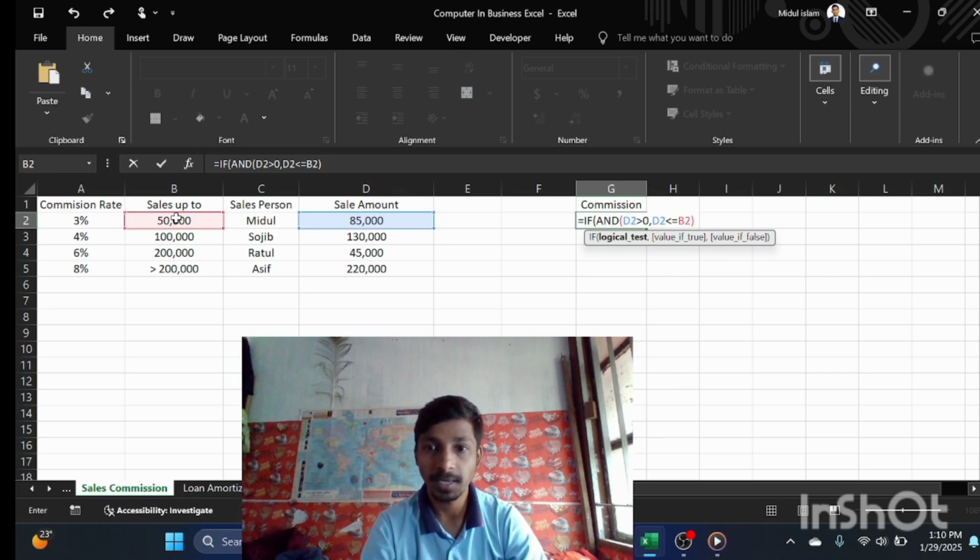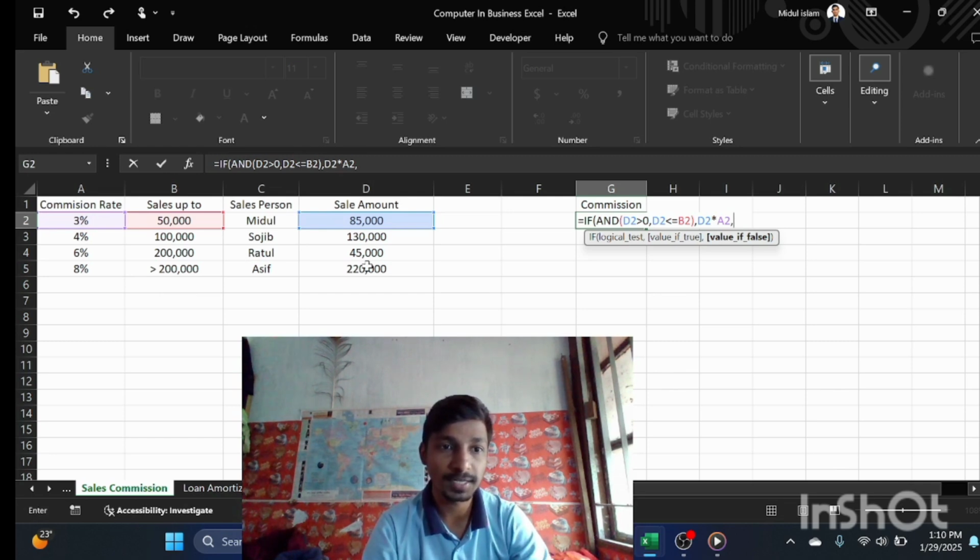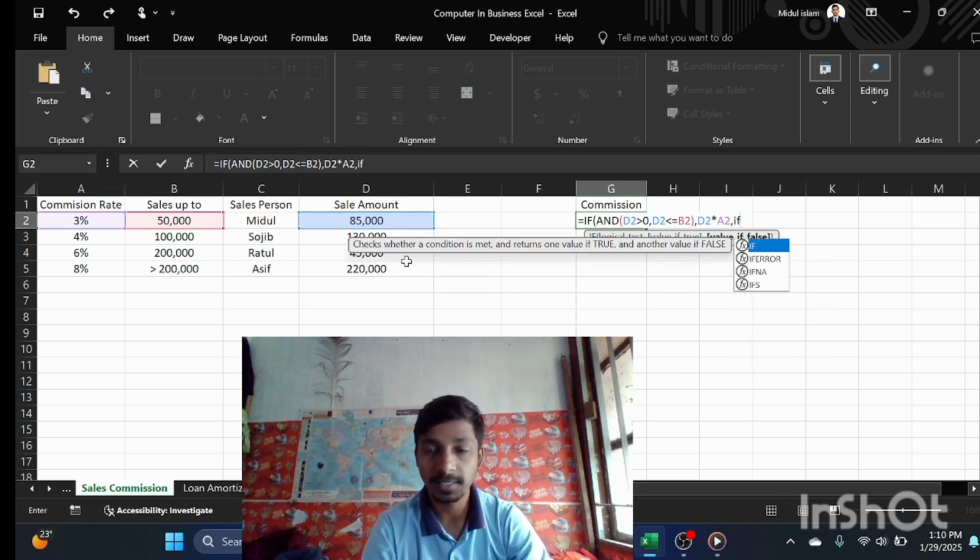5,000 taka and bracket close and comma, and the sales amount 85,000 taka, multiplication, commission rate 3%, and comma and then IF